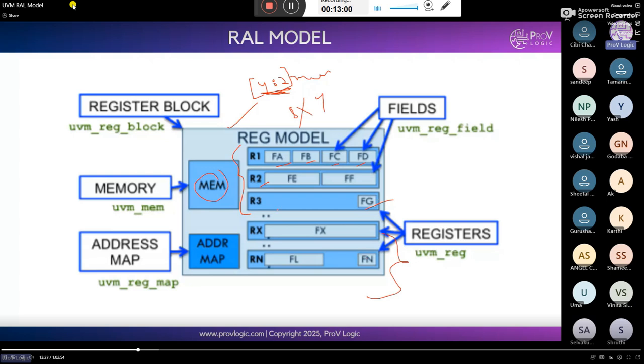Normally, how do we pass the data? Suppose it's the first location, 1x: what is the address value? 1001, something like that. Second location, 2x: what is the address value? 1101, like that. 3x: 0010, like that.